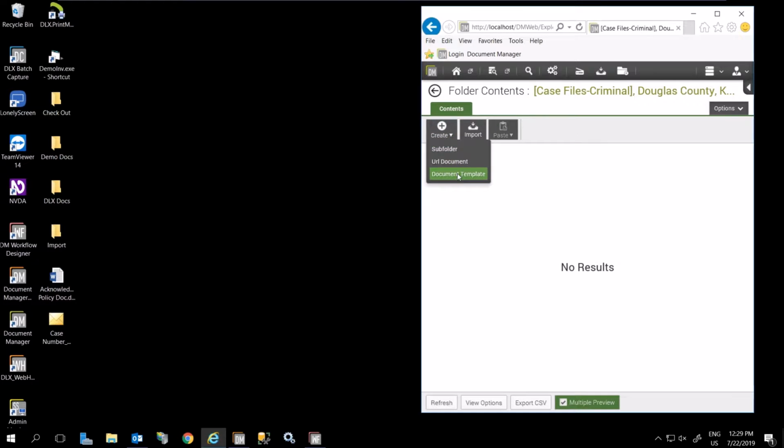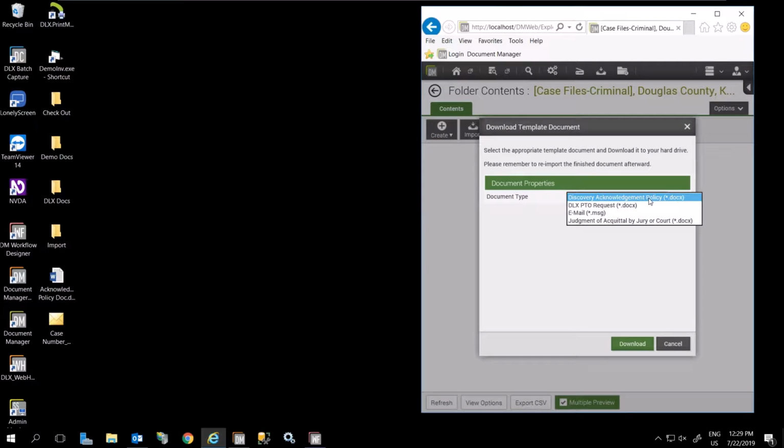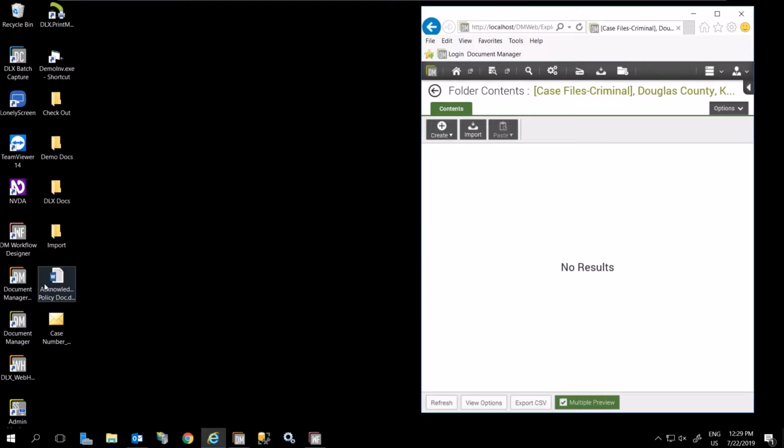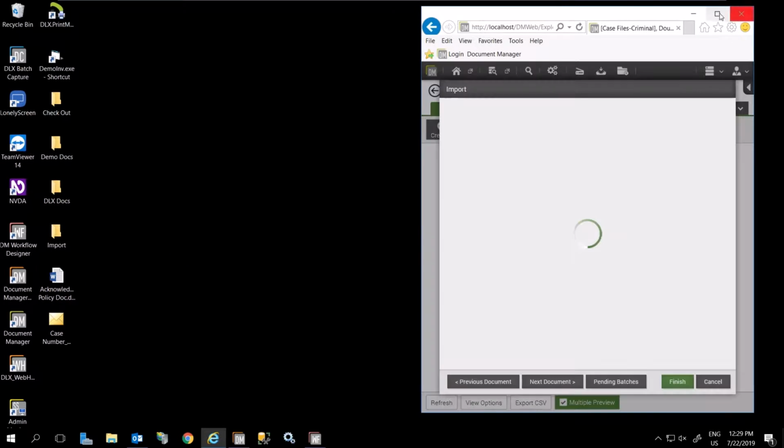We have a templated document here so that if people don't have it on their desktop, or if someone needs to fill in or whatnot, you can have one policy that you have for everyone, and if you need to make enhancements to it, everyone can find the latest version here. I put it on my desktop as well, so I'm just going to drag and drop it into this case folder,